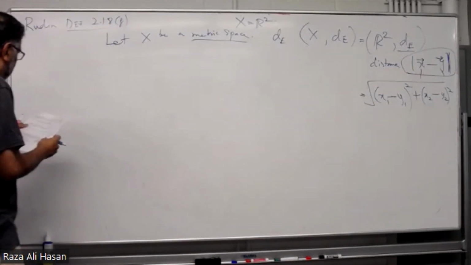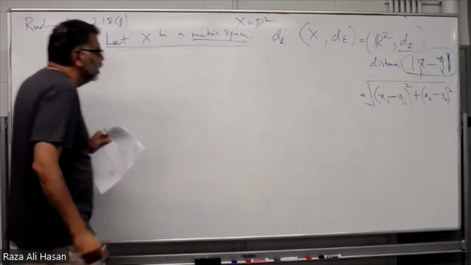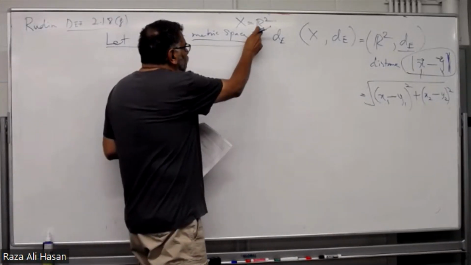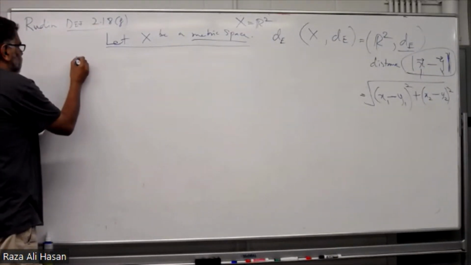So now the definition F goes, assume that X is a metric space. And for us, just to understand that, we'll say we're dealing with R2. And the definition goes,